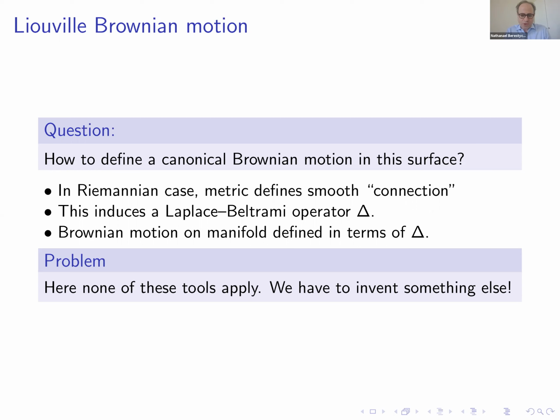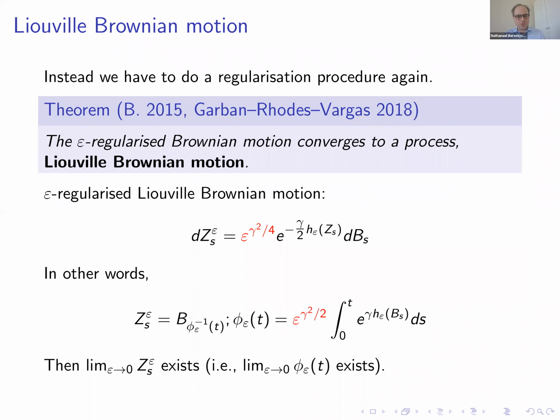And really the way this goes is that the metric defines a connection, something which allows you to differentiate functions on your surface. And once you have that, there is a notion of Laplacian. And then the Brownian motion is just defined in terms of the Laplacian. It's the process whose generator is given by the Laplacian. So of course here, none of these tools apply because differentiating functions is not going to work in this fractal context. So you have to do something else. And this is what